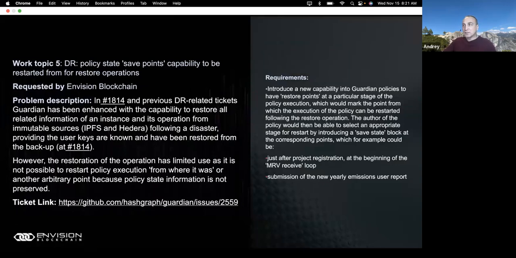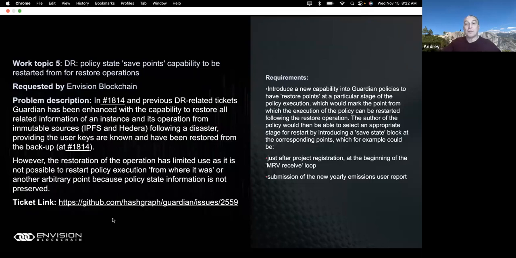Disaster recovery. This is an extension of the work or evolution of the work that we've done before. At the moment, you've got 2 modes of disaster recovery in Guardian. If you've got a Guardian instance, for example, and you regularly create backups, there's an automated system where you can restore the backup to a new instance of the Guardian and operate that as an instance from the point where the backup was taken.